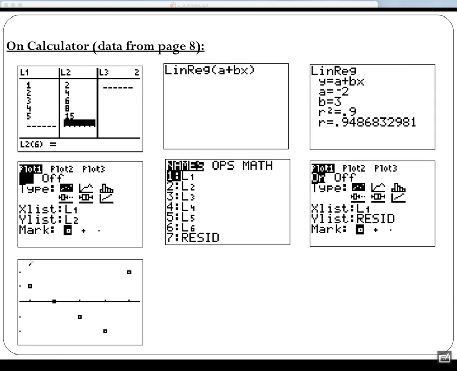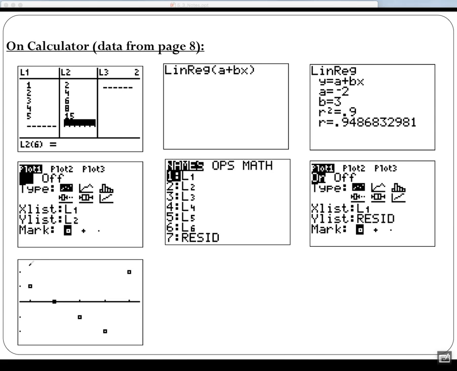Now you should have a list of all the residuals. You can do a list 3 if you want. That's fine. I normally use lists like 1 through 4, so I try not to mess with those. I don't care where you put the residual list, you understand. Okay,